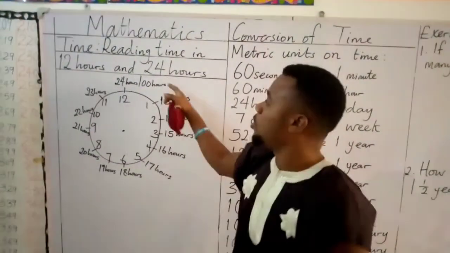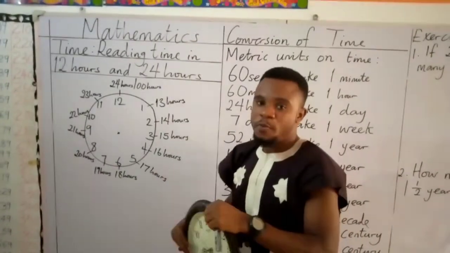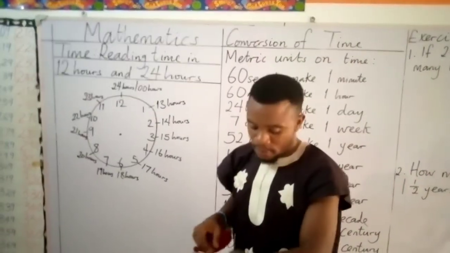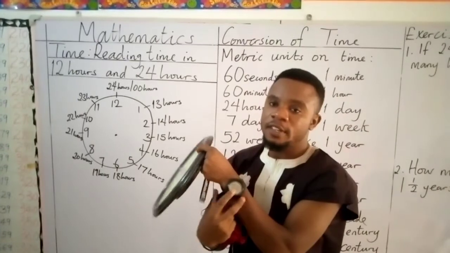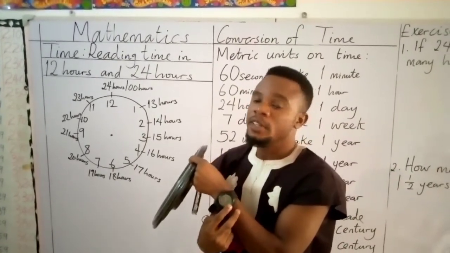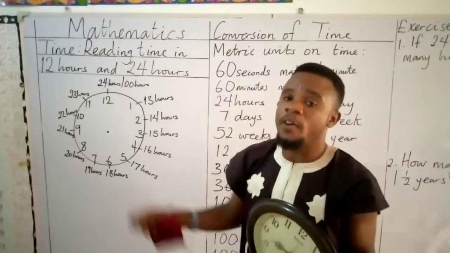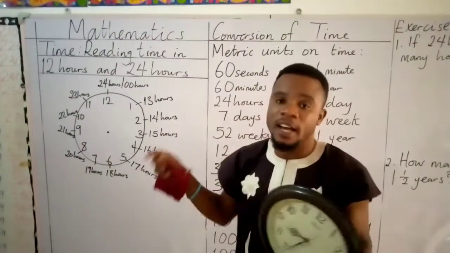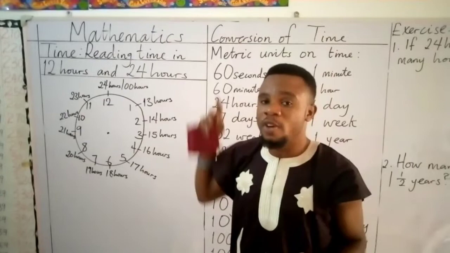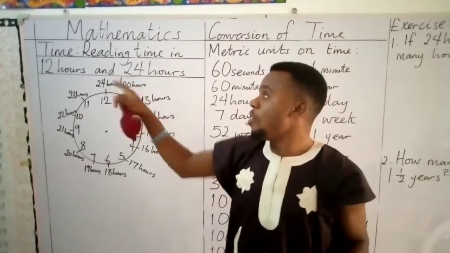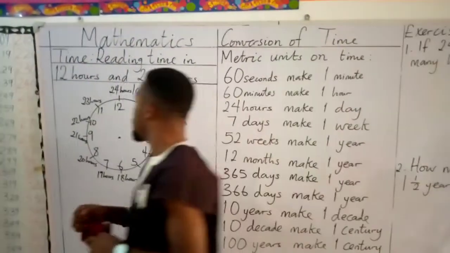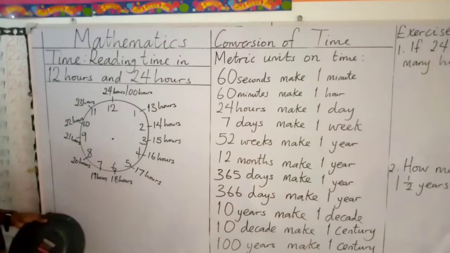But what about your 24 hours, which is your digital time? I have erased here. It's recorded in 24 hours. So we want to know how to interpret 12 hours into 24 hours and how to interpret 24 hours into 12 hours. Before we go into this, we'll be looking at